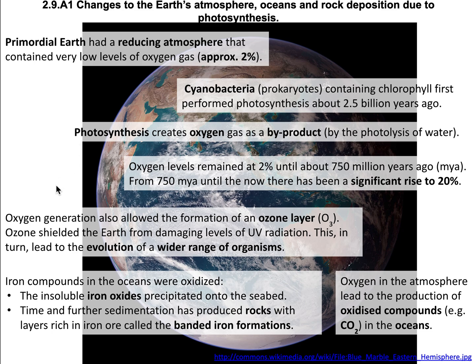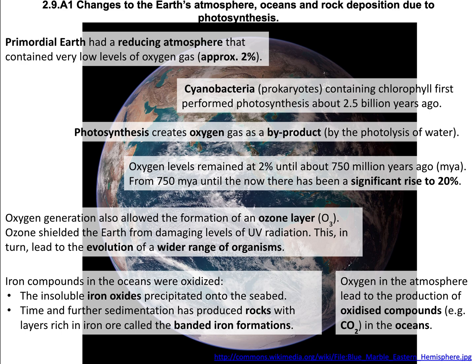Oxygen generation also allowed the formation of our ozone layer. The O2s dissociate because of heat, and after an O2 is broken apart, you now have singular oxygens. They bond with another O2, and that creates O3. What ozone does at very high levels in our atmosphere, meaning higher altitude levels,